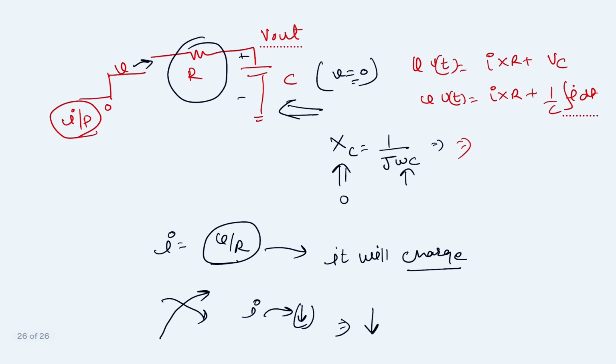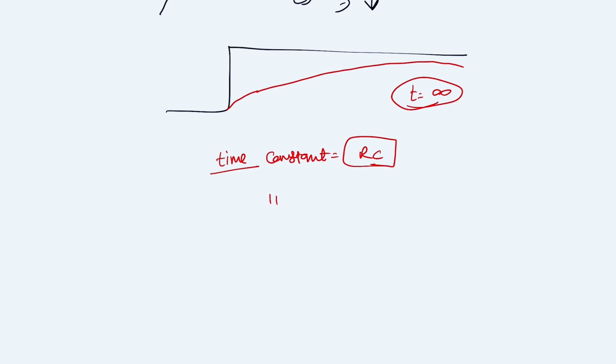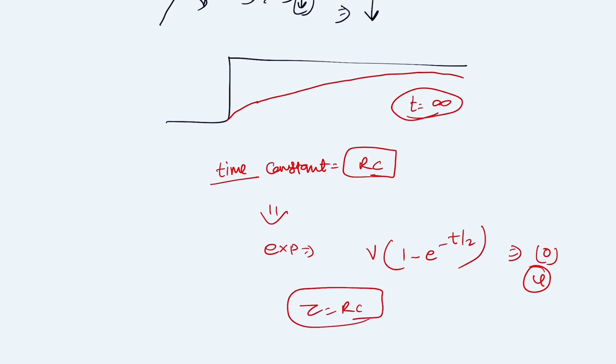then it will be a first order equation, and the solution of that equation is an exponential term. So it will charge exponentially, and at infinite time its voltage will be this, and this is the charging equation. At t equal to 0 the voltage will be 0, and at t equal to infinity the voltage will be V, and it charges exponentially, where tau is equal to RC. And when you put t equal to 5 tau, then you will see the output is 99% of